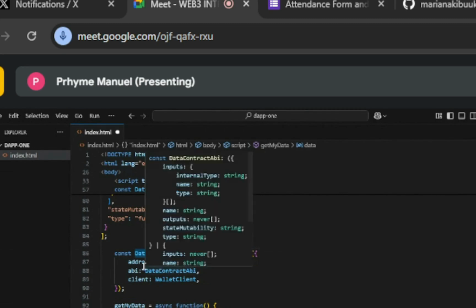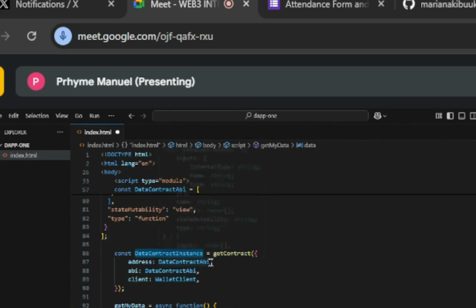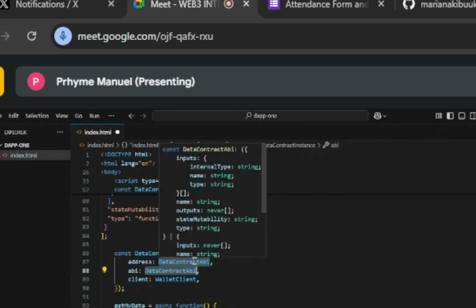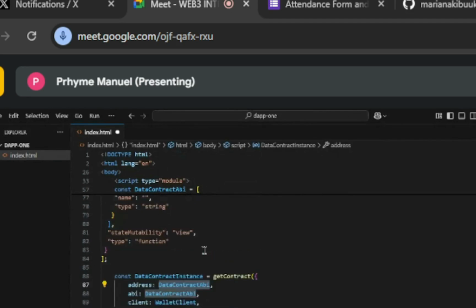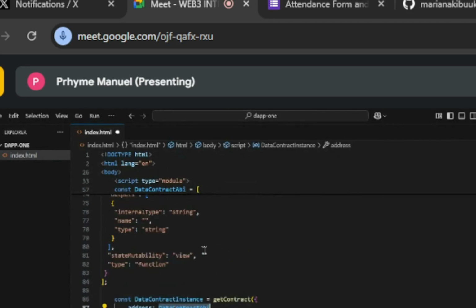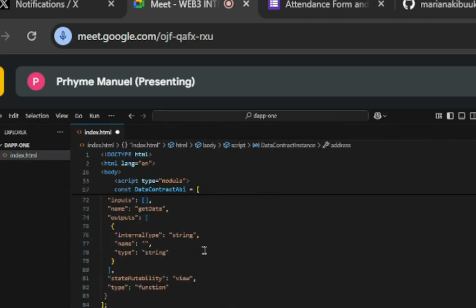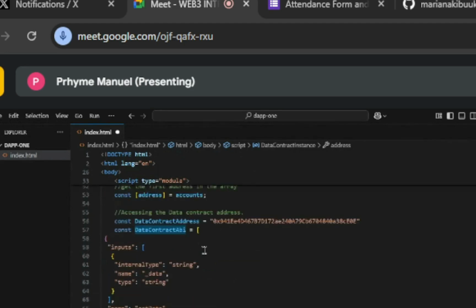So we have the button, on click, we call the get data variable. Get data, on click, set data, variable set data. Okay, so when we click on get data,